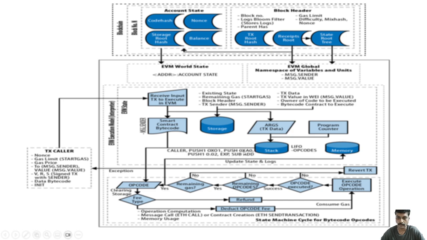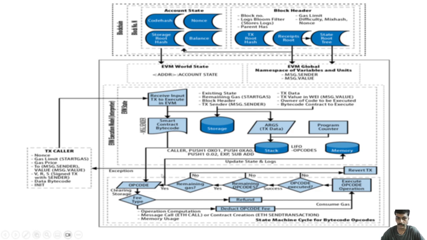here, the PUSH1, PUSH0x and all those things, and these are pushed into the stack here. The stack follows the last-in-first-out concept. The inputs to those opcodes are the operands or the transaction data being fetched from the outside world, like the nonce, gas limit, gas price, the bloom filter logs and all those things, and then one by one, based on the incrementation of the program counter, it executes the opcode here, and you can